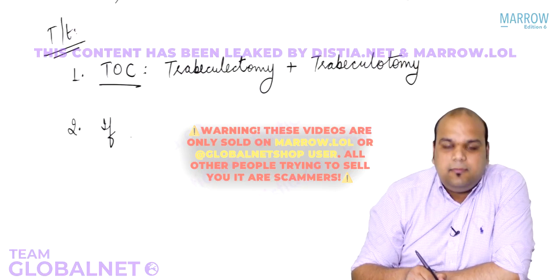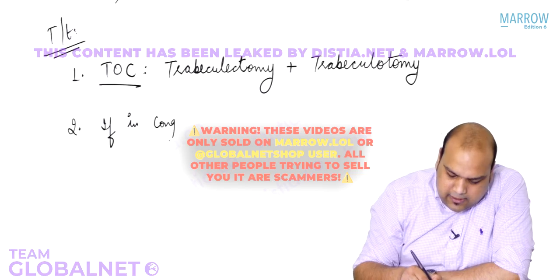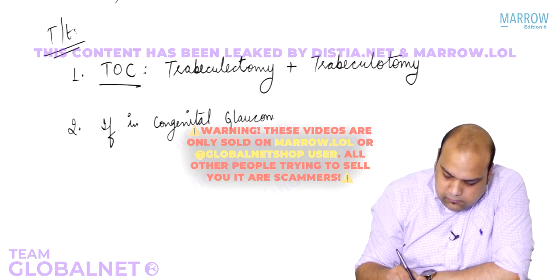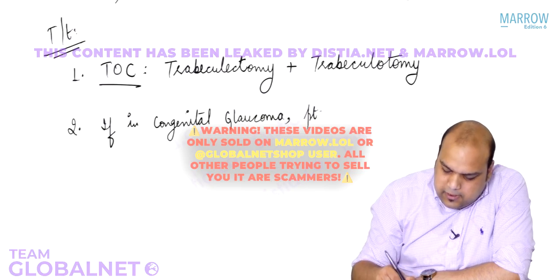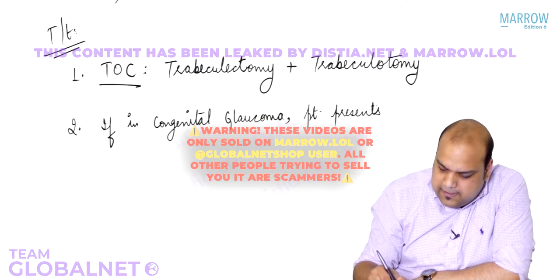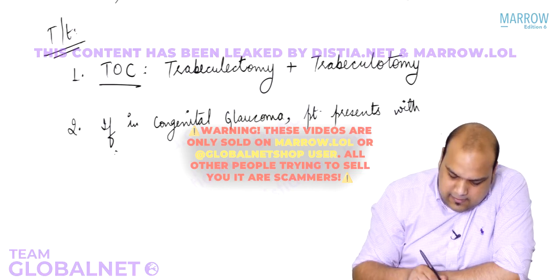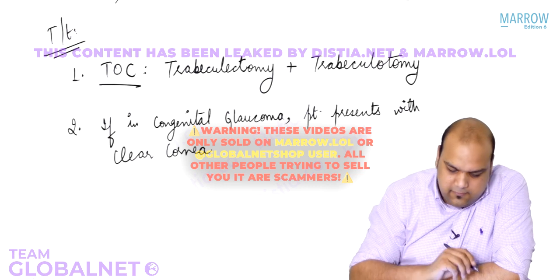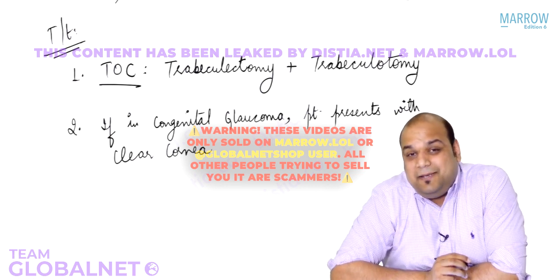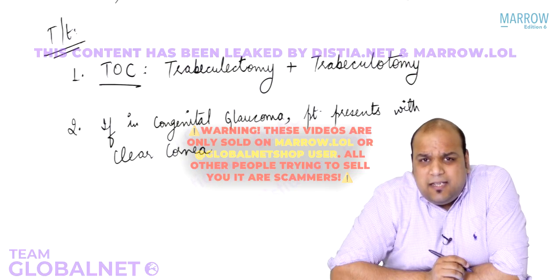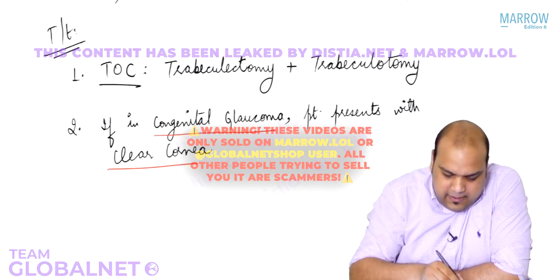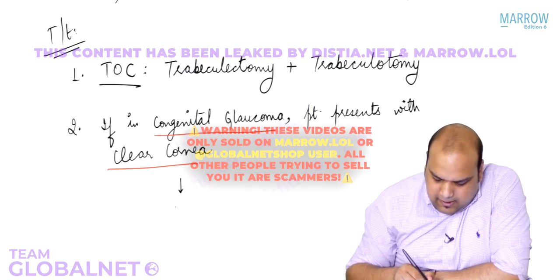if in congenital glaucoma, the patient presents with clear cornea. See, understand why this becomes an if. We normally say that the earliest sign of congenital glaucoma is hazy cornea, but there is a certain subset of cases which will present with clear cornea. In that case, we say the treatment changes to